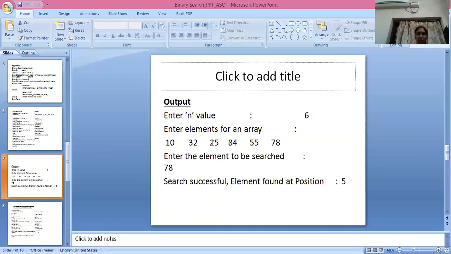Here the mid value is 25. 25 greater than 78, condition false. Then go to the next position, the else part. Then here 78 is present at fifth position. So after some finite steps, the search can be successful, element found at position 5.